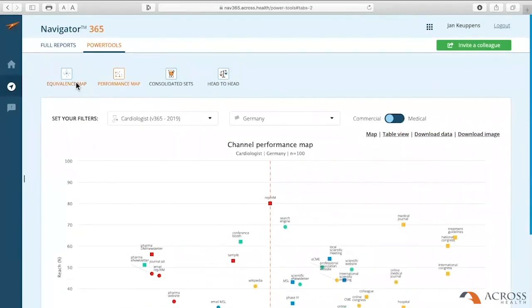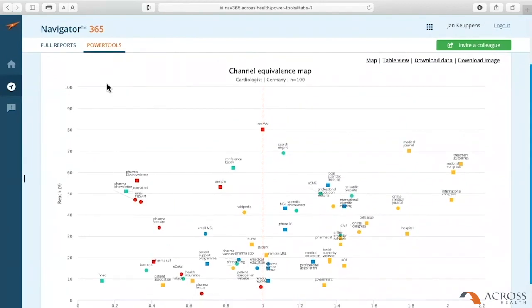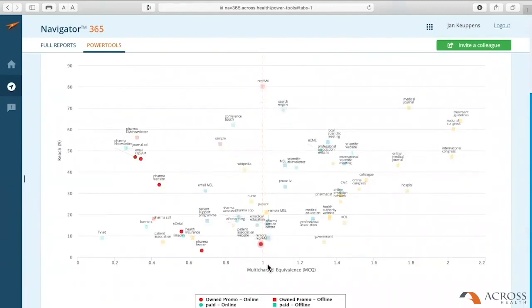Let's switch to equivalence maps. Equivalence maps are similar to performance maps, but there's one big difference. Whereas in performance maps, we expressed all channels in terms of their impact on clinical decision-making or prescription intention on a scale from 0 to 10, we will now introduce a common unit of measurement, being MCQ, multi-channel equivalence. And how do we do that? We set the value of the rep, which in the performance map was assessed slightly above 6 out of 10. We now rescale and say that the impact of the rep equals 1,